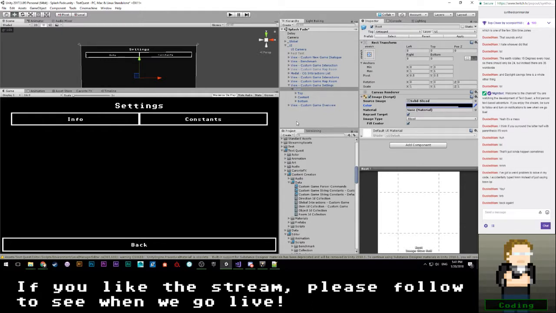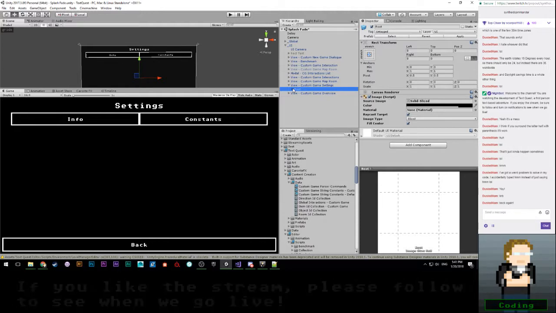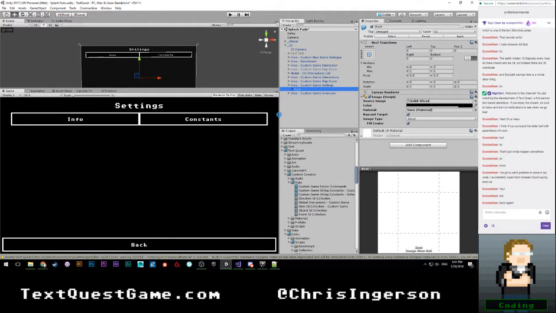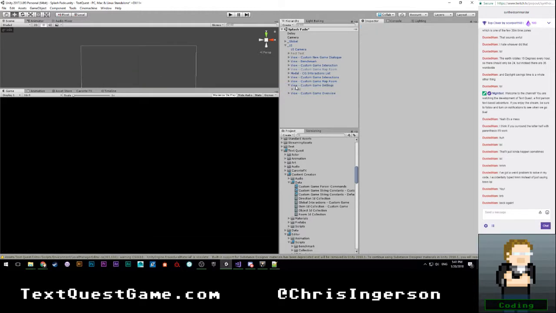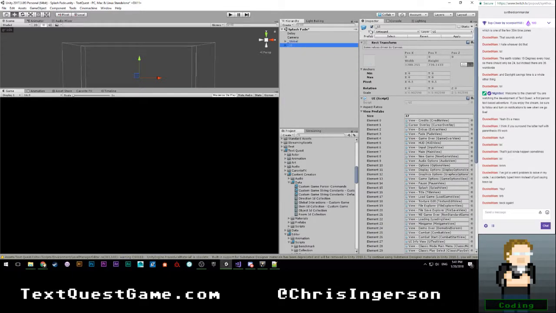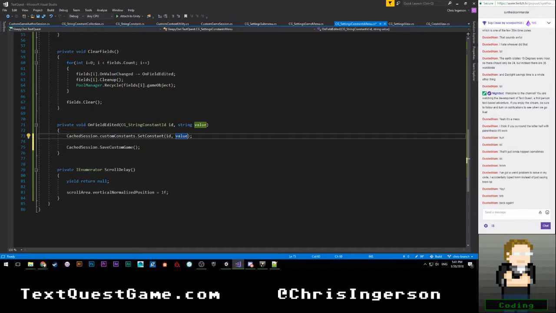And it's not going to look good right now, and that's because I need to set it up so that my main menu background is freely available to everything, to every menu, so that I can actually see that everywhere, but I can't do that right now. So let's go ahead and turn this off again, hit apply. And before we go back, I need to know why my back button wasn't working. So let's go ahead and save this.